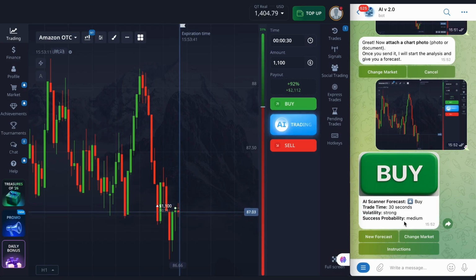On our timer we have 15 seconds, ladies and gentlemen. Buyers coming in, sellers trying to pull us down. We're gonna hold on tight and see how this is gonna turn out to be. We are almost there, ladies and gentlemen. 5 seconds left on the timer. 4 seconds, 3 seconds, 2 seconds, 1, and here we go, people. Yes, we just hit our